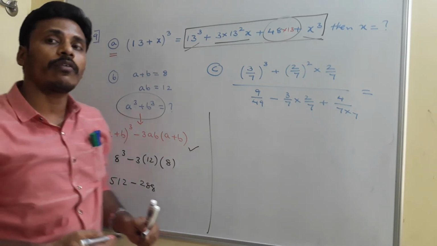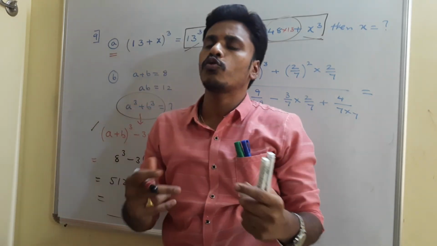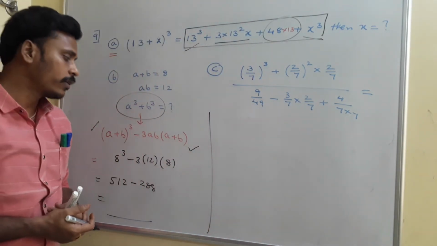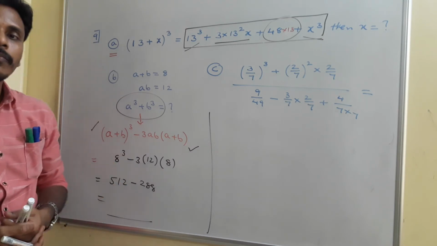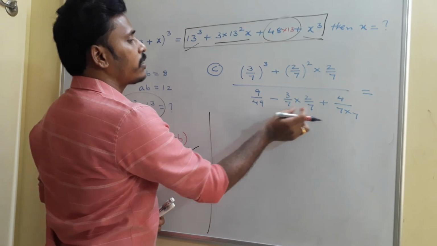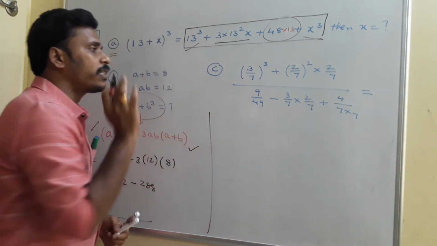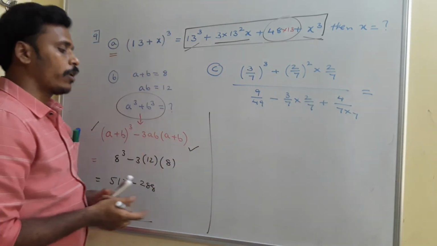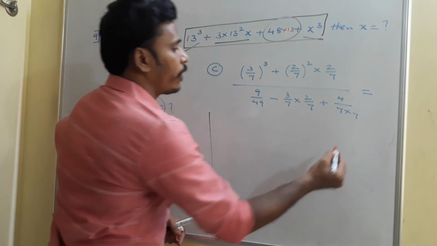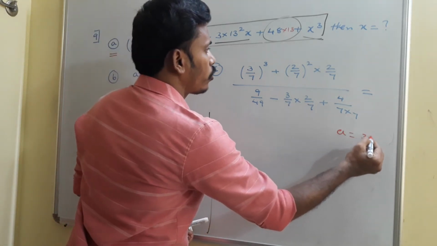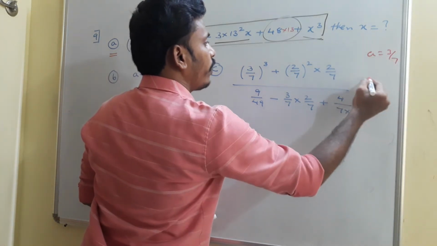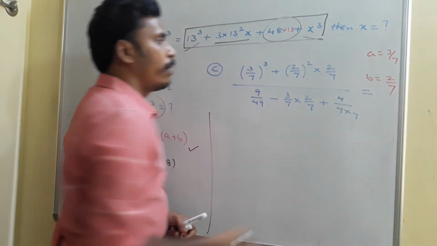Other than this, if you tried any other way, it consumes much of your time, okay? And the second result we use it for 9D. Whereas coming to the third problem, 3 by 7, 2 by 7, 3 by 7, 2 by 7. See, 3 by 7 and 2 by 7 are involved in the problem. So first of all, you need to take a as 3 by 7. I am writing here: take a as 3 by 7 and take b as 2 by 7.